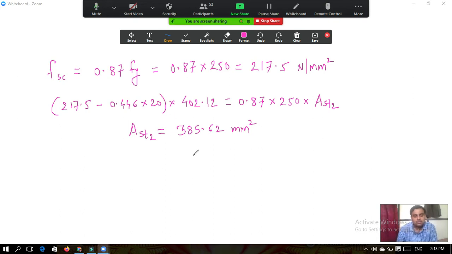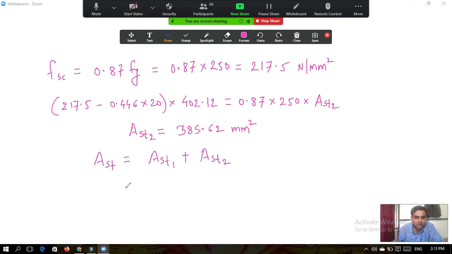Now see, we have the total value of AST. That means we have the total AST of the reinforced section. How much steel did we provide in the total tension zone? 4 bars of 25 mm diameter. Out of that we have now calculated the value of AST2, the tension reinforcement provided for the additional section. So from this we can also calculate the value of AST1. We know that total area of steel AST must be equal to AST1 plus AST2. I explained this to you yesterday.